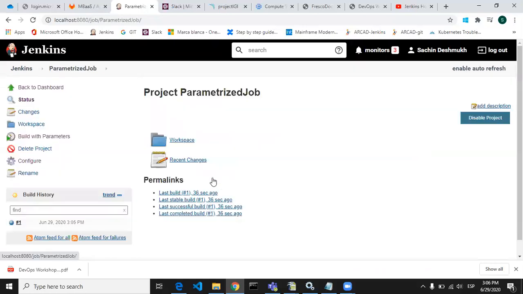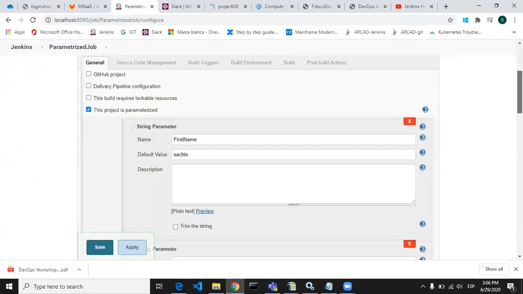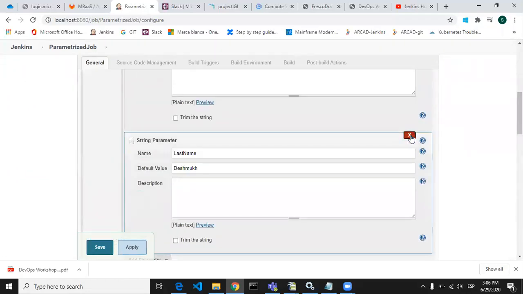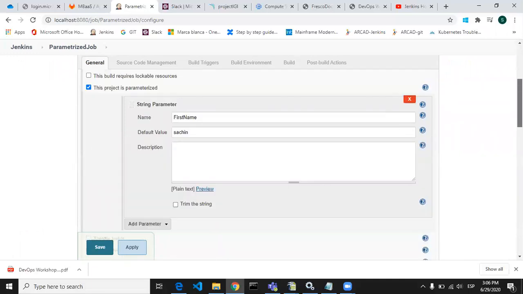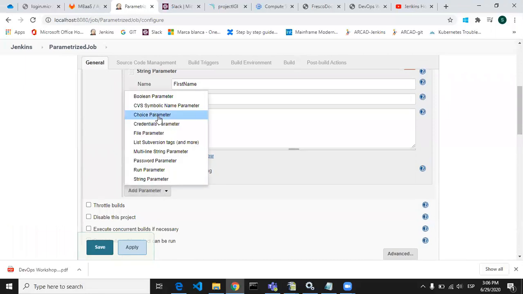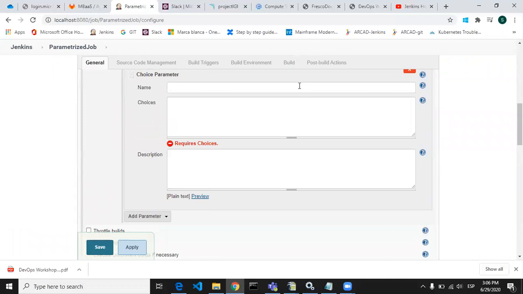Parameterized job, configure. Okay, I'm removing this and I will use, say I have to choose multiple options. Okay, so I will be using a choice parameter. Say suppose you have the name Sachin, but there are so many Sachin with different last names.